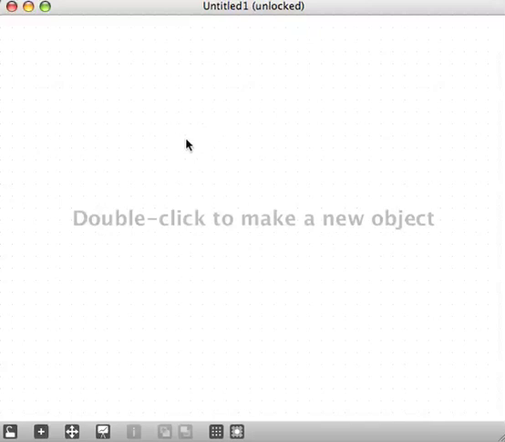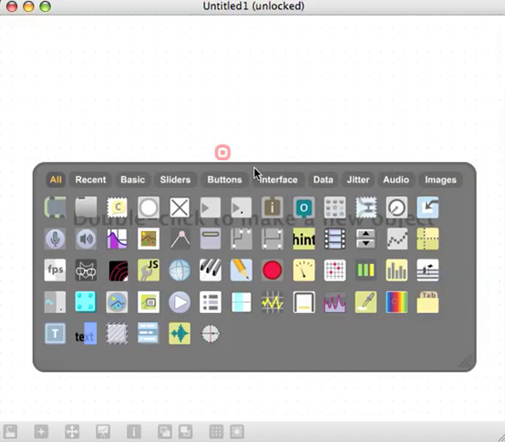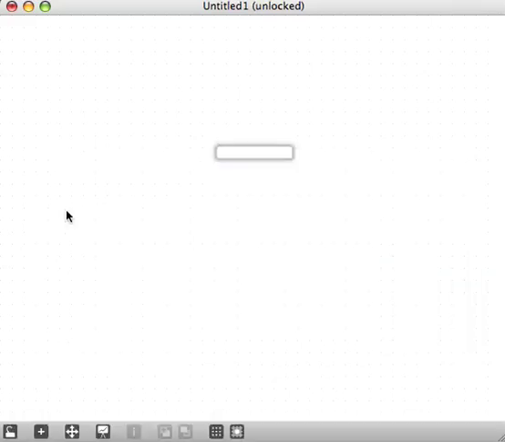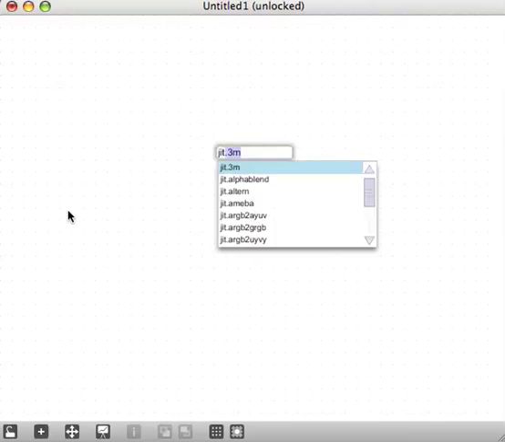Again, just to be totally boring, I'm going to follow the directions, double clicking to make a new object, bringing up the palette once more. This time let's grab an object, as we have in the past. So we'll grab the object here, and today we're going to type in something that starts with JIT, J-I-T dot